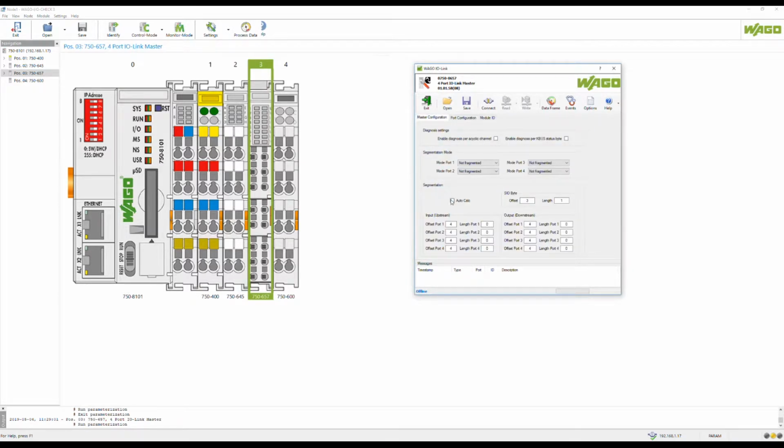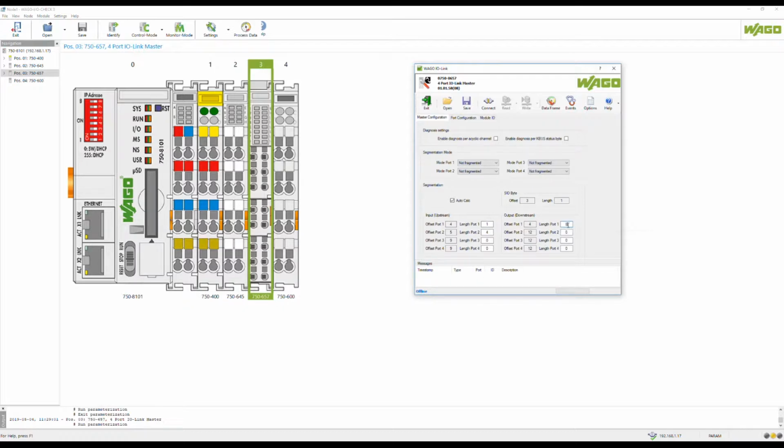So I recommend to do an auto calculation. That way you're going to be avoiding any mistakes. So tell it here to enter 1. If you mouse over, you're going to see 4 bytes here for the port number 2, correct? We said 32 bits. 32 bits is equal to 4 bytes. And here the output, it is 8 bytes. So we have 1 byte input from the stack light back to the PLC, 8 bytes output from the PLC